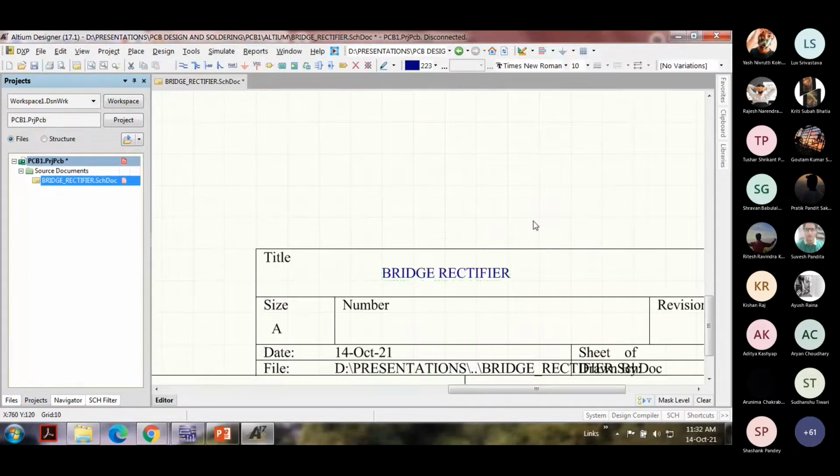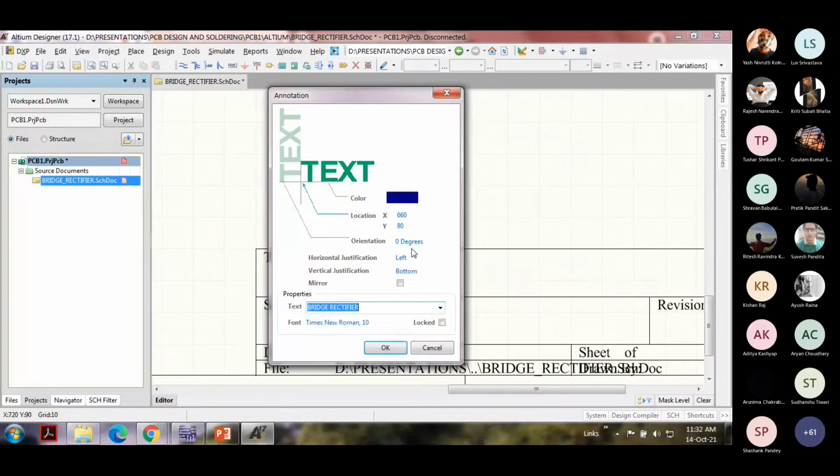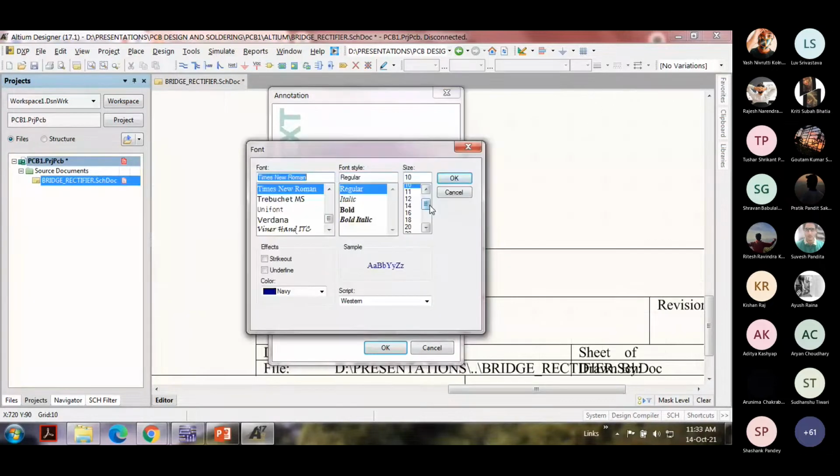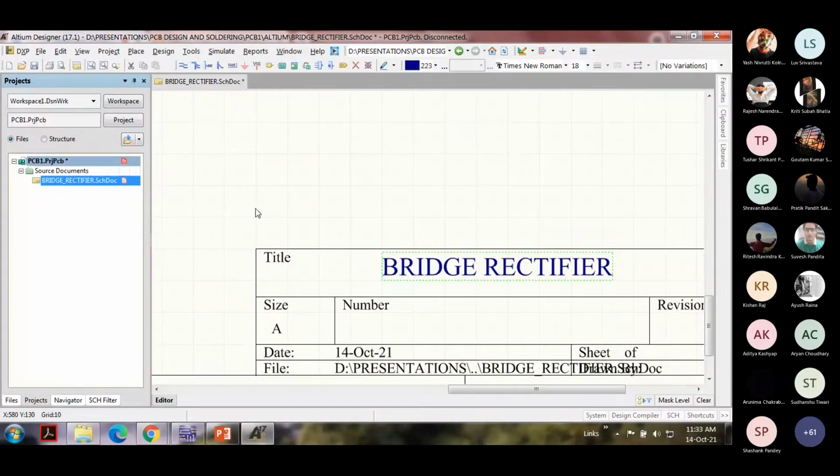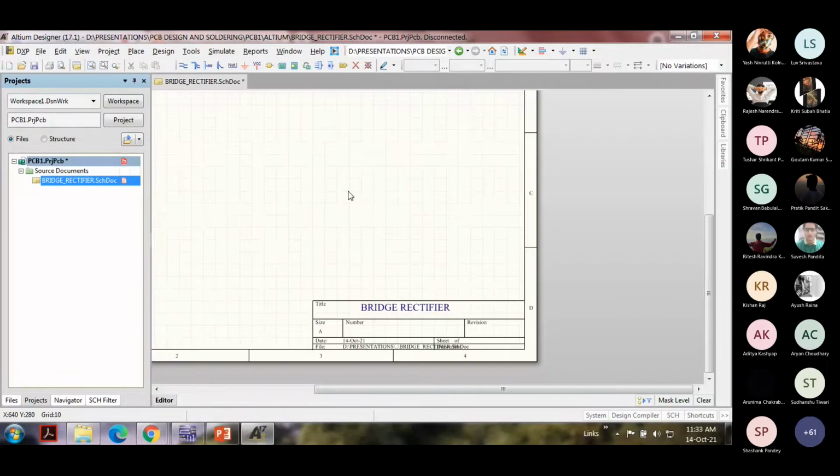You can change the font, and the font size also. Then you can put down the number and the revision and so on. All right. Don't forget to save your work intermittently.